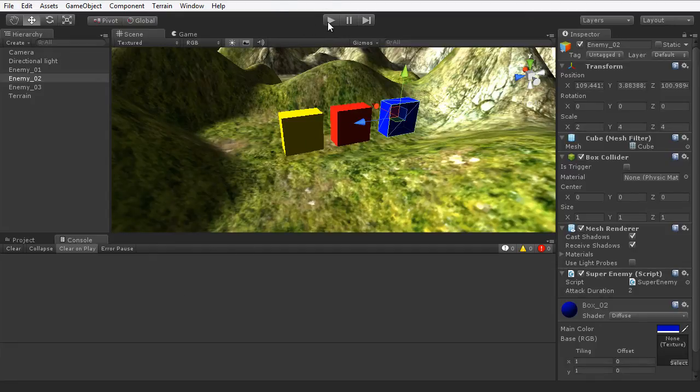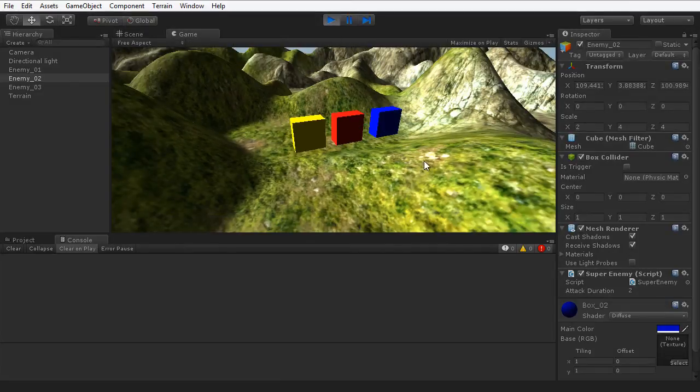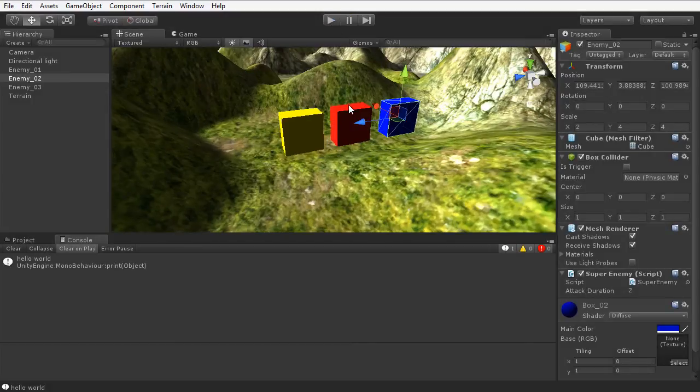So I'm going to press the play button on the toolbar, and I'm going to press the space bar on the keyboard, and notice that hello world is printed to the console, the red cube then spins, and then the yellow one. So now let's just stop this for the moment,